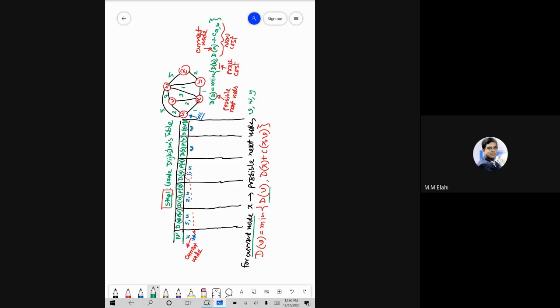Previous value, we get previous value from where? From table. So what is the latest value? Latest means what is the minimum value so far we got? That is 2, right? টেবিল থেকে দেখো